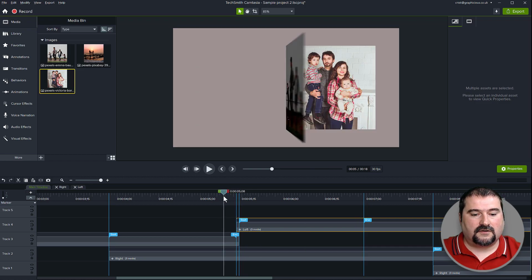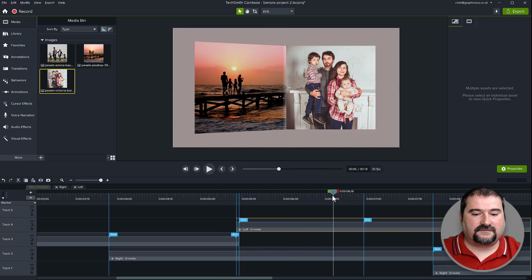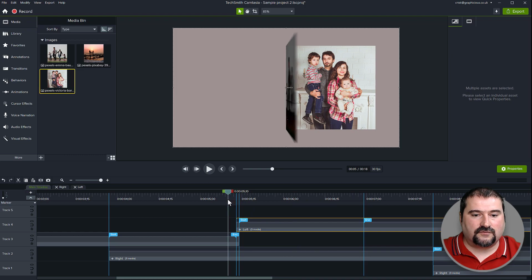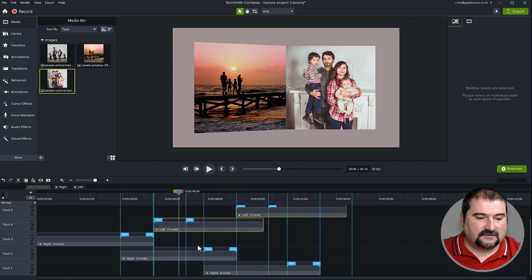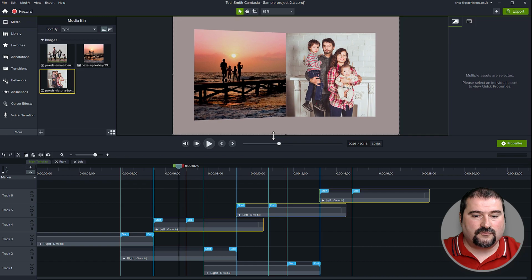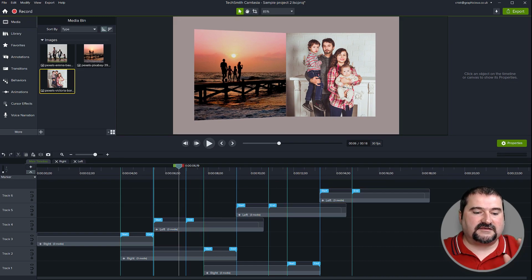So there you go. Now the transition in here is even smoother because there's really not many frames left in between. As you notice, the right pages all go down and the left pages all go up. If I make more room here, you can kind of see how things are organized.